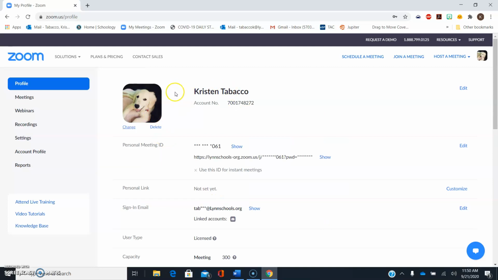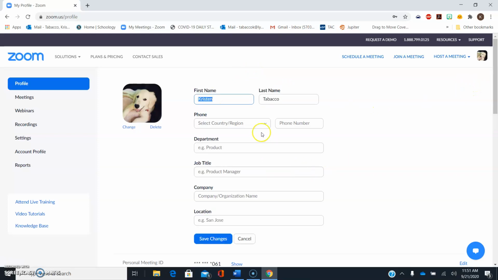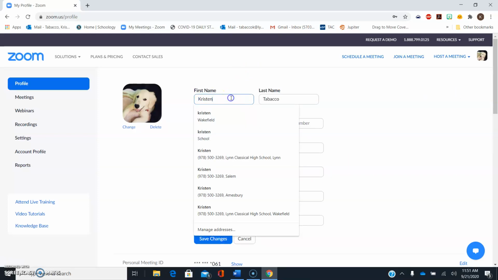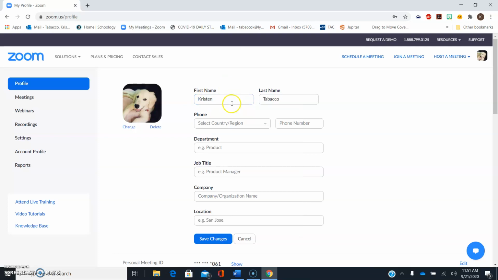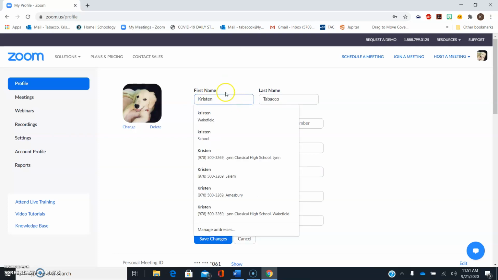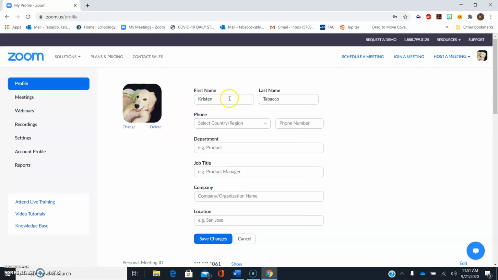But what is the most important thing here is that you change your name, because my name is this because I'm a teacher, but your name might be STU 1 2 3 4 5 6, and that's really hard for a teacher to tell who you are. So you're going to go to edit on the right and fix this so that it's your real first and last name. If you have a nickname, you can use that as a first name instead,